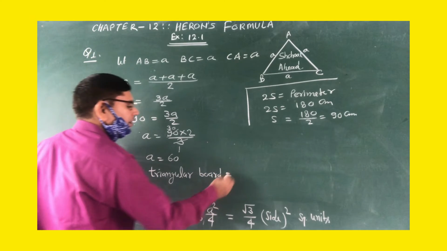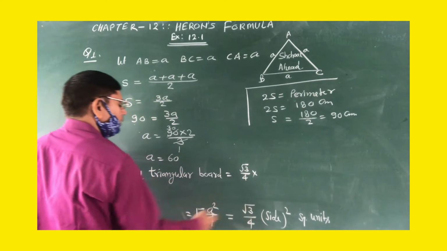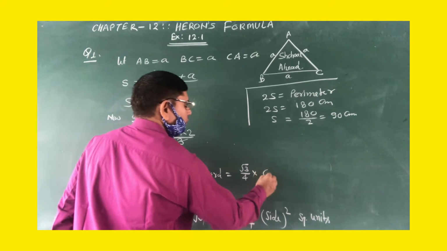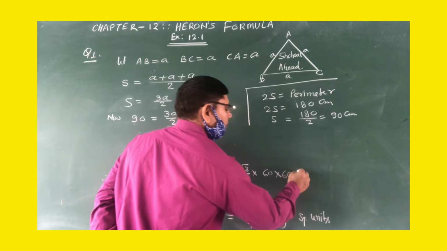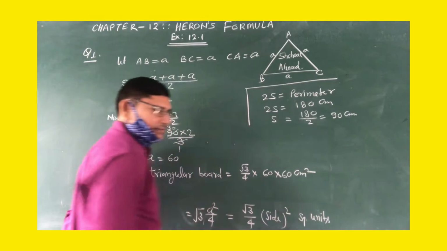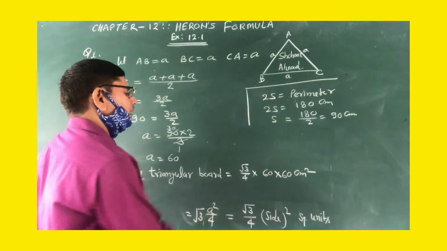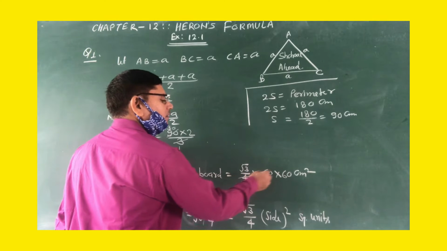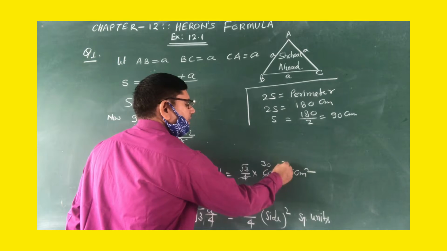It is here under root 3 by 4 into a square. A is 60, so 60 into 60 you can write 2 times. And now you will write here centimeter square, because the unit is given in centimeter. So dear, 4